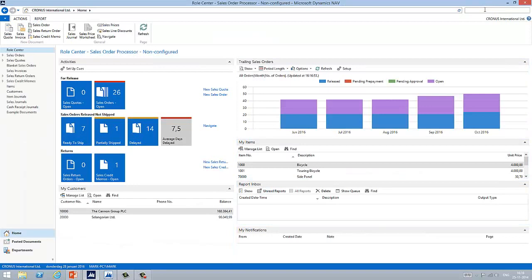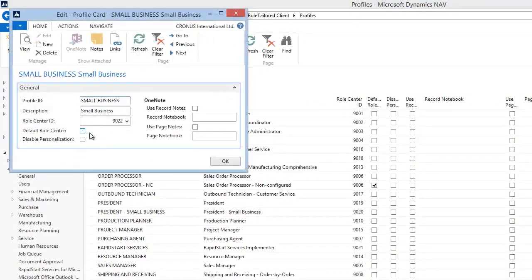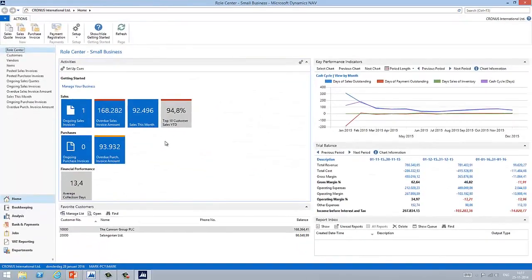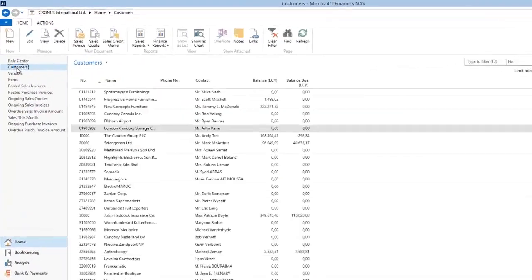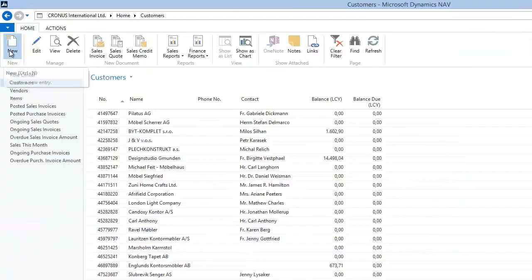Another implementation of the templates is used in the small business application that is shipped within Microsoft Dynamics NAV 2015. Let's select the small business application as a default role center and restart the application. This is the small business role center in Microsoft Dynamics NAV 2015, designed to be used in small businesses. If we now go to the customers, we see the same data with the customer we just created, but if we now select a new customer,